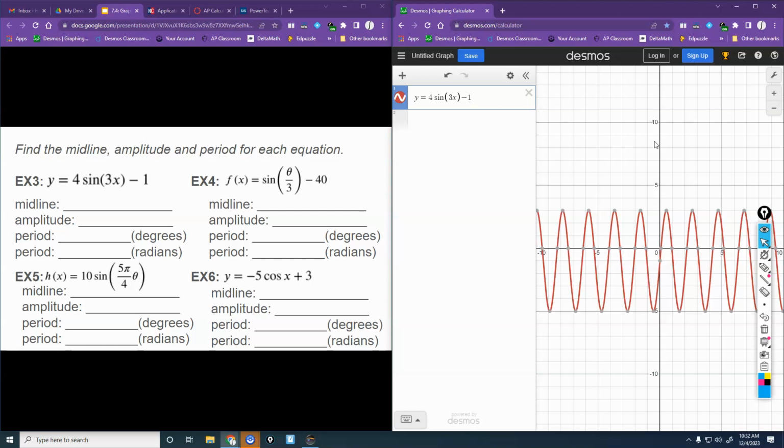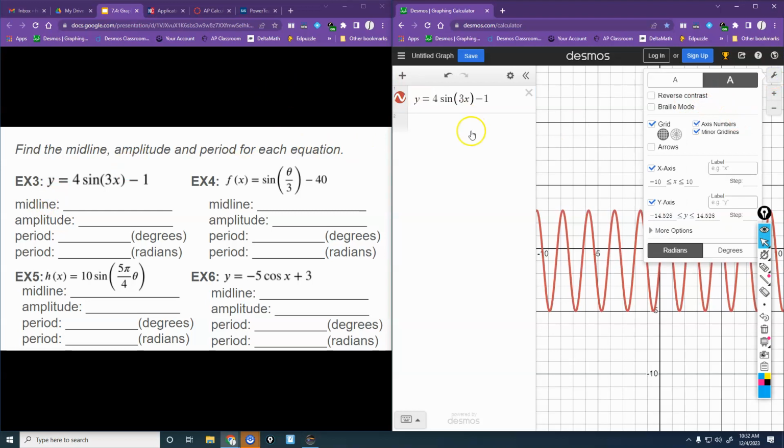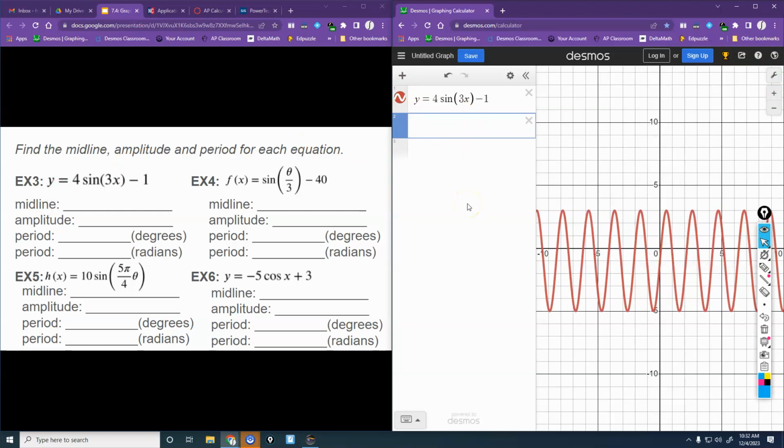All right. So, go ahead and type in this first one into Desmos. And I'm going to show you, we can do these from either the graph or the equation. Just type in SIN. Have you finished typing the rest of it in? Have you got parentheses? Make sure you got